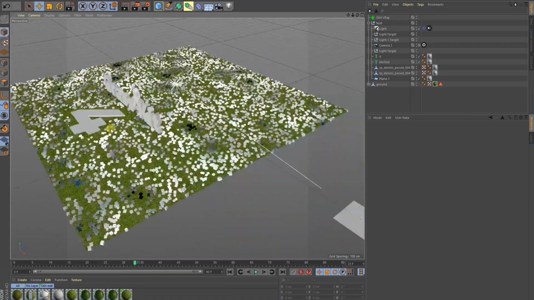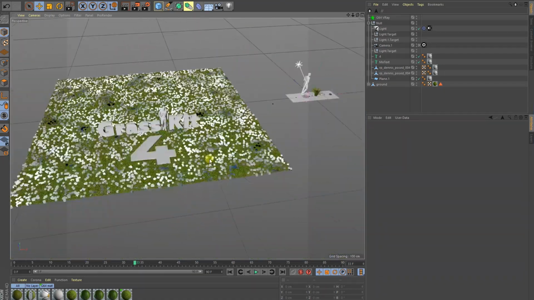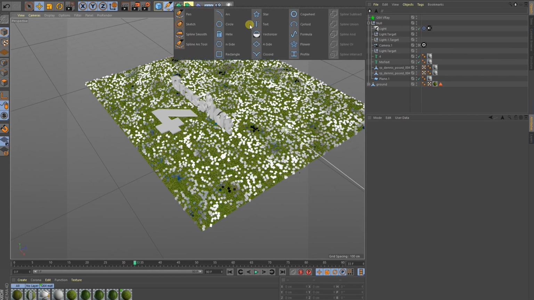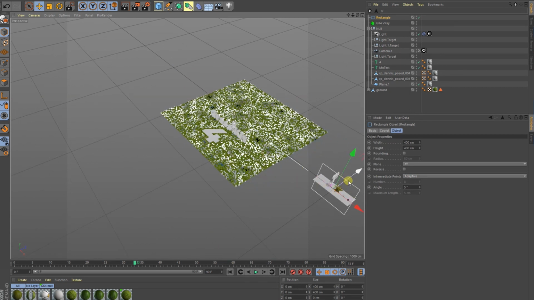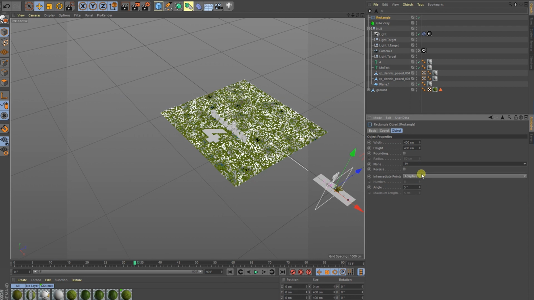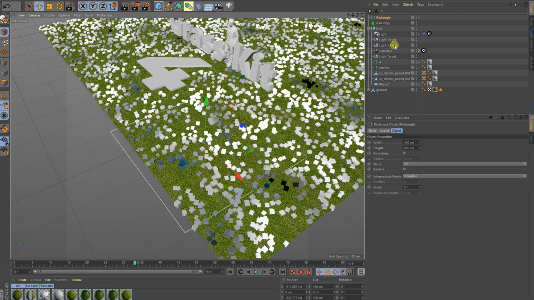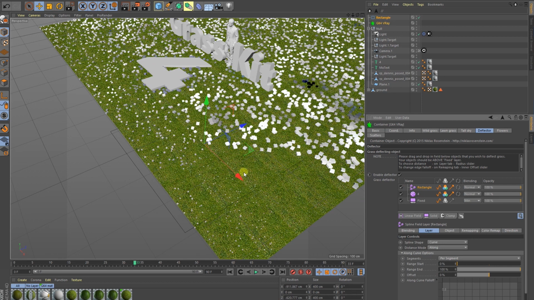But as you can see, it's quite fast still, the viewport. The interesting thing is that you can use splines also. Let's use the rectangle, just the simplest one, and put it in the XZ axis. You can put it here just for illustration. Now if we go back to Grass Kit and drag this rectangle above, we will get some